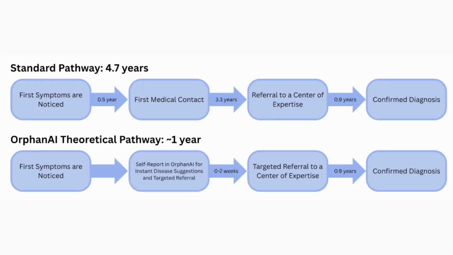Theoretical modeling suggests that OrphanAI could reduce diagnostic timelines from 4.7 years to approximately just 1 year by accelerating early suspicion and specialist referral. This projection is based on the observation that the most significant diagnostic delays occur between symptom onset and referral to expert centers, which is a process that OrphanAI streamlines through instantaneous disease suggestions along with its targeted referrals. OrphanAI is not merely a diagnostic tool, but a comprehensive platform designed to empower patients and support clinical